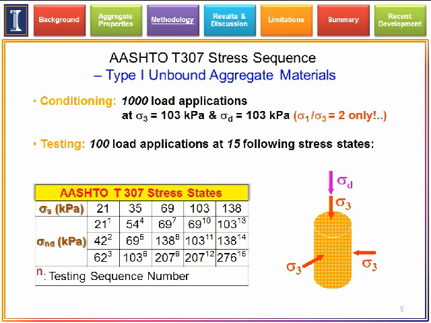Then we have 15 different stress sequences with 100 load applications, and you can see the stresses that we are applying on the sample according to the AASHTO T307. In general, researchers used to refer to the permanent deformation at the conditioning phase as the representative permanent deformation behavior for that corresponding material, where sigma 1 divided by sigma 3 is equal to 2